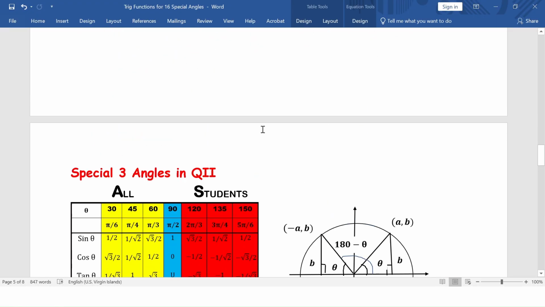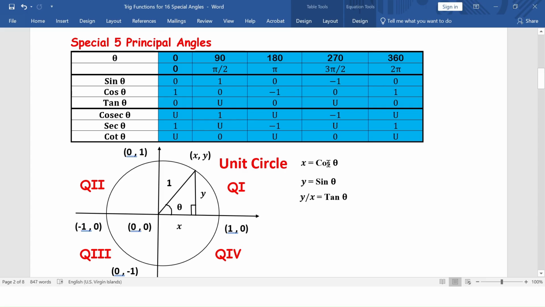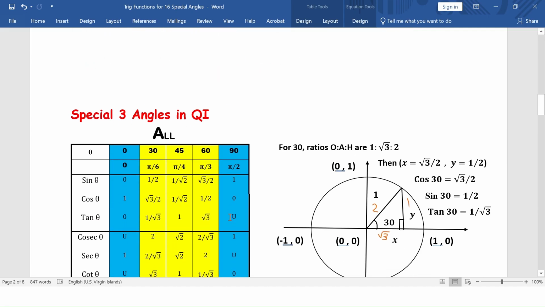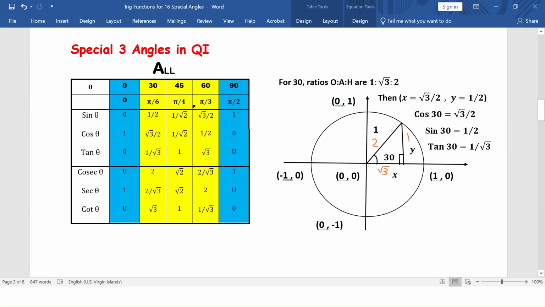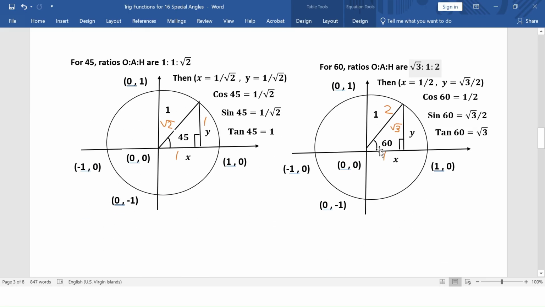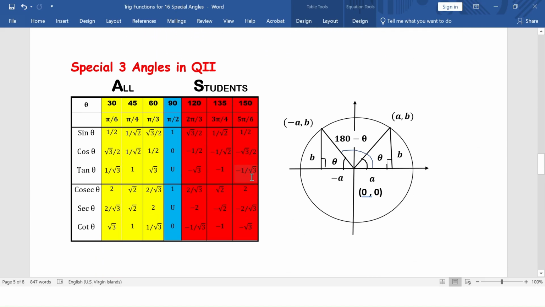So what we've done so far is we've understood the principle of the unit circle, and then how to get these principal angles, which are on the points here. And then in quadrant 1, we have seen how 30 degrees, 45, and 60 are found by these triangles. That's for 30, this one for 45, and this one for 60. And then we have come here to quadrant 2, we have seen how they are related by a relationship, 180